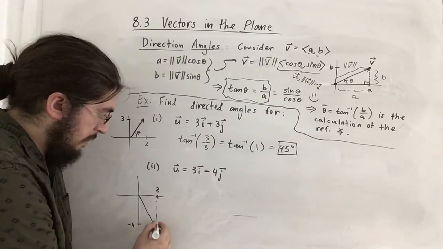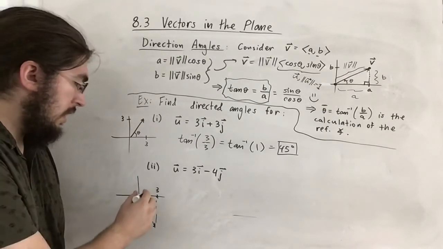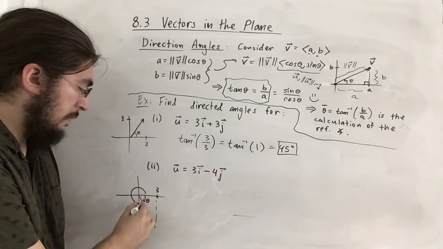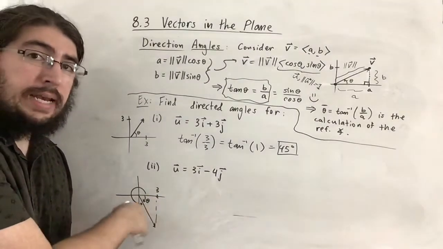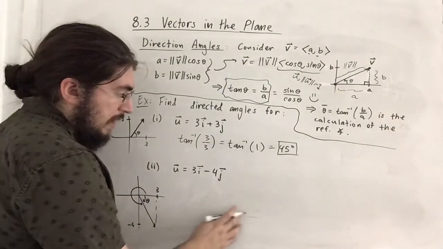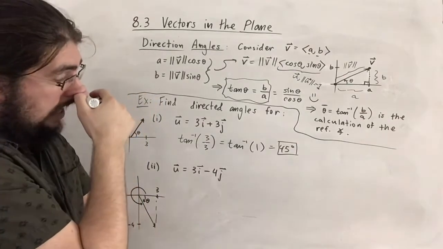So we're going to get something down here. Now this is our angle theta. Really our angle theta should be considered from the positive x-axis this way. So the way I drew it down here is kind of like a negative value. So if you actually find tangent inverse, that'll give you the,